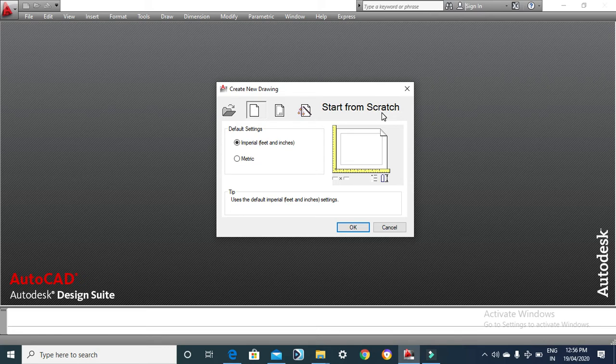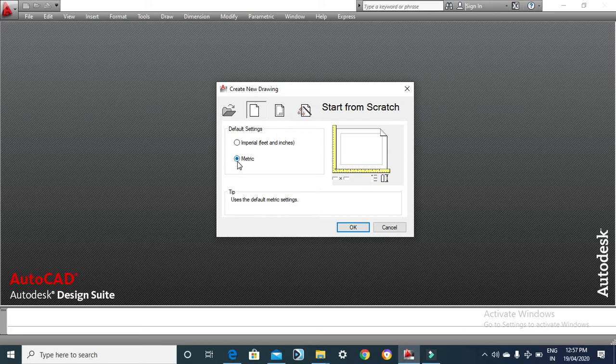So my dear students, my dear friends, please pay attention. This is very important. In most interviews you are asked how to start a drawing from scratch. Now in this window you can see there is something called default settings. So gentlemen, if I select imperial, the default units will be feet and inches. But if I select metric, the default units of a new drawing will be mm.